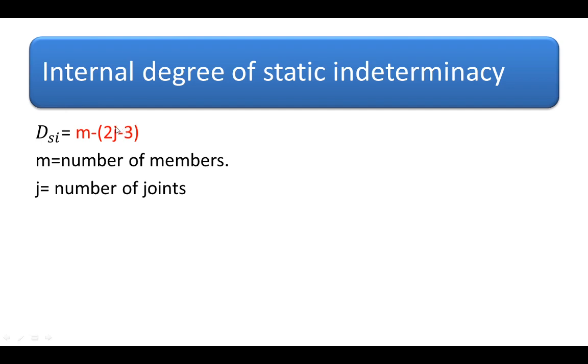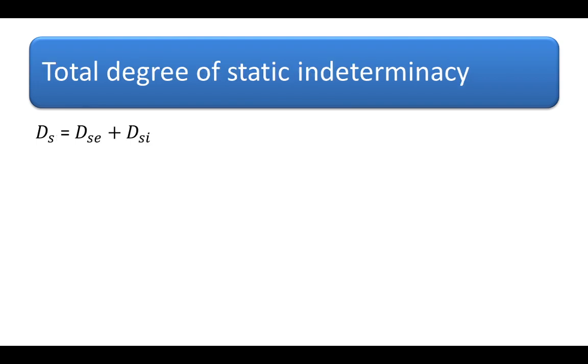Now why is this J multiplied by 2? Because here each joint is a pin joint, so having two reactions, we can apply here the two conditions, that is sigma Fy and sigma Fx. That is why here the J is multiplied by 2. And here M is multiplied by 1. So why is this M only M, not 2, not 3? Because in the case of the pin jointed frame, each member is subjected to only the axial force, not the shear force and not the bending moment.